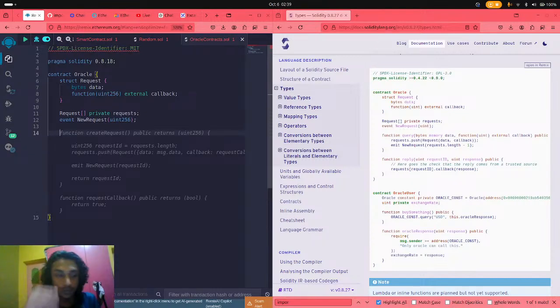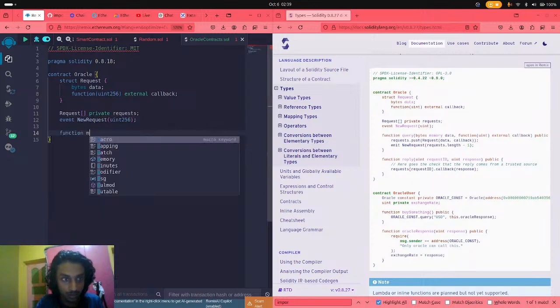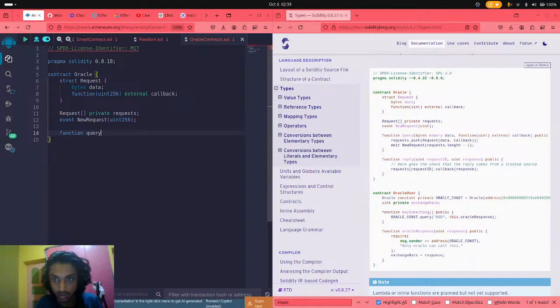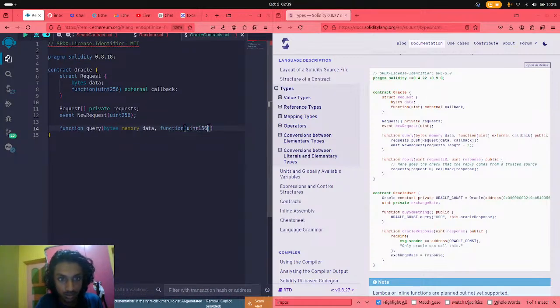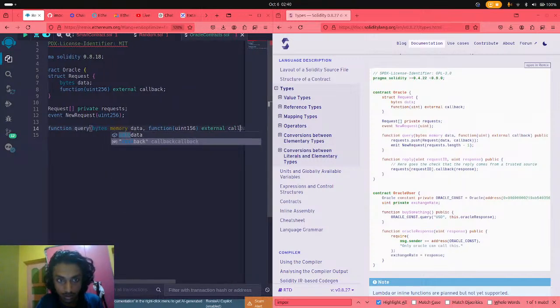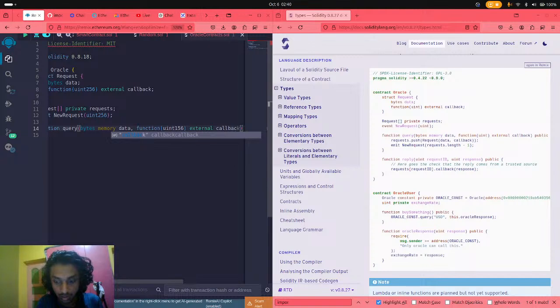Okay, function query, bytes memory data, function. Okay, that functions 256, external, callback, public,